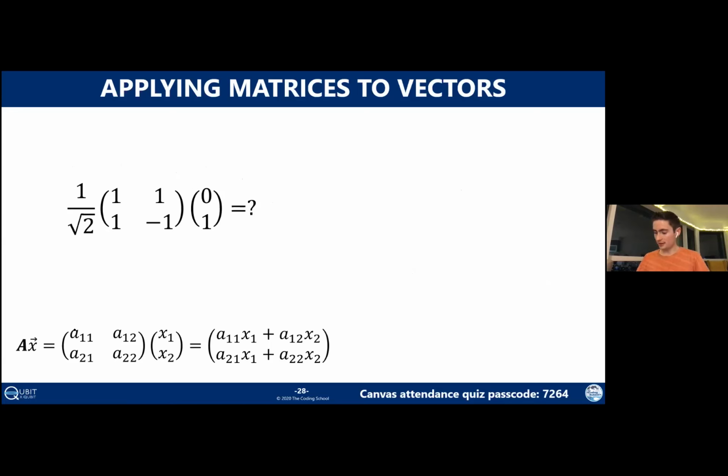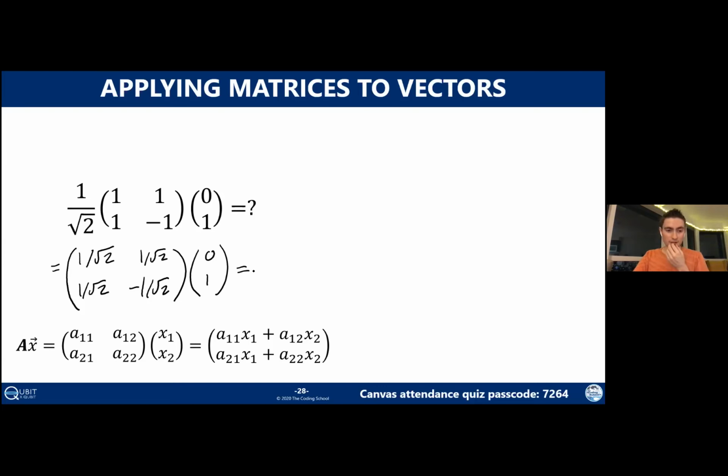Okay, let's do another example here. For this one, we have a bit of a different matrix. By the way, here we have a coefficient on the outside. Much like before when we divided a vector by the magnitude of V, the way that this works is you just write it as each of the elements divided by that number individually. So here it would be equal to 1 over root 2, 1 over root 2, 1 over root 2, and minus 1 over root 2, which is the full way of expressing that matrix. Equals something. And I'll wrap up this concept quiz here.